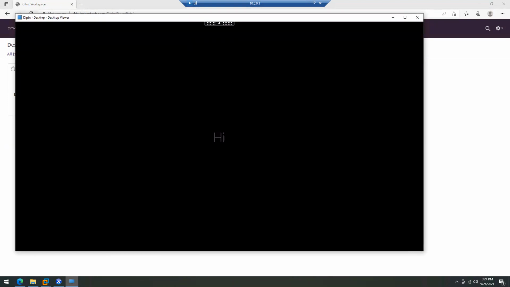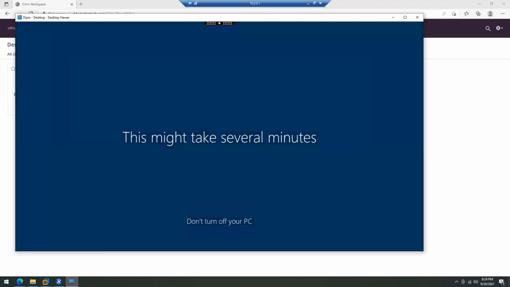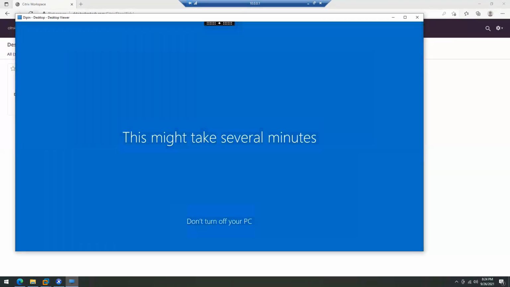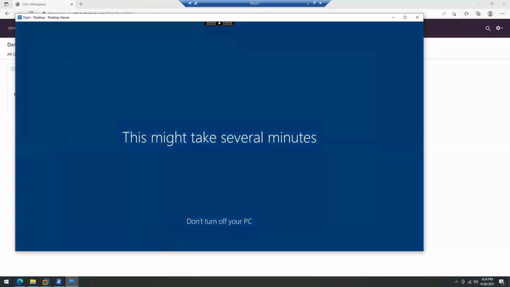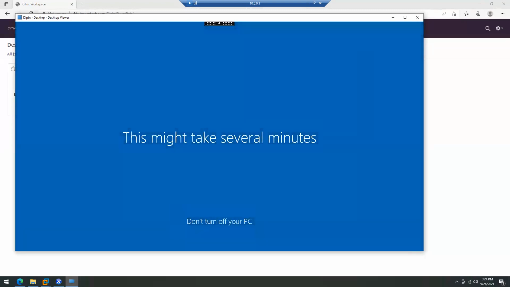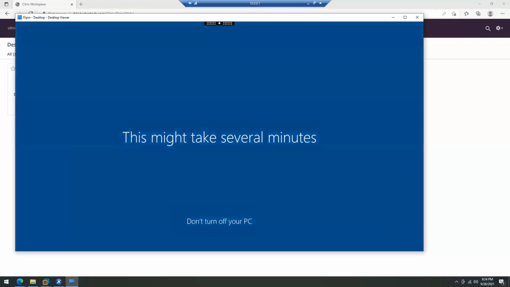Basically, in real time we have to give HR desktop or IT desktop, something like that. It should be a department, because handling the users department-wise is quite easy. If you have 1,000 users in your organization, you cannot create a separate machine catalog for each user. So we have to manage things departmentally.